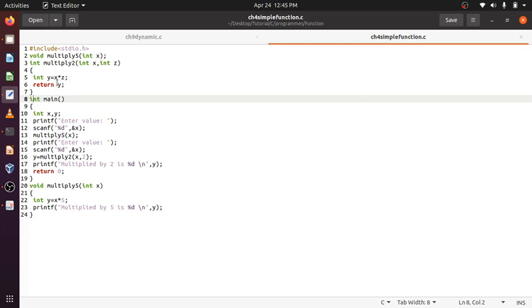It will not be returned to the operating system even if control comes out of here. But y is a local variable, so the operating system will reclaim this memory space the moment control comes out of here. So this variable doesn't need to be deallocated by me with free or any other function.